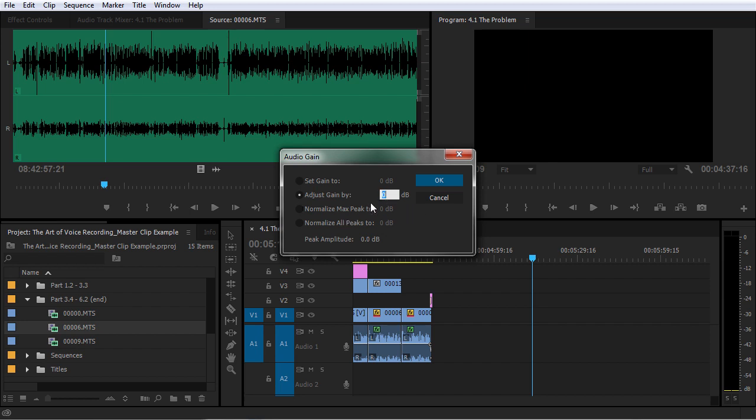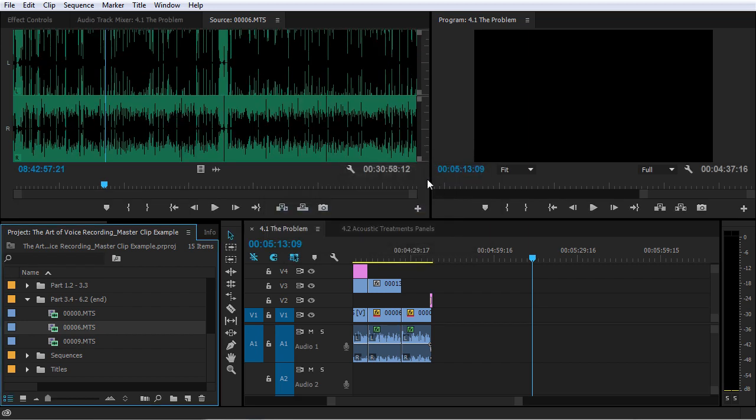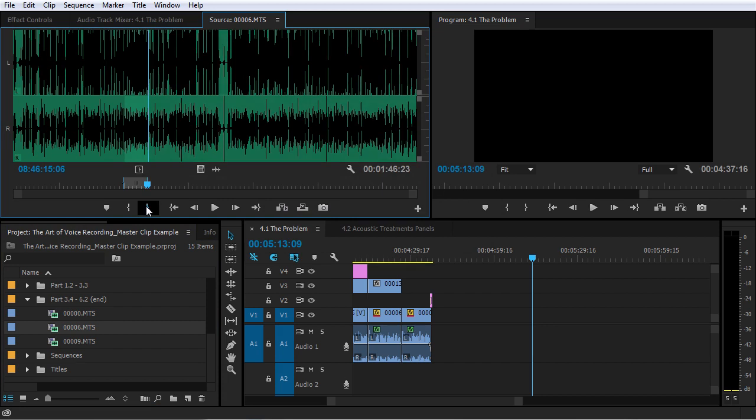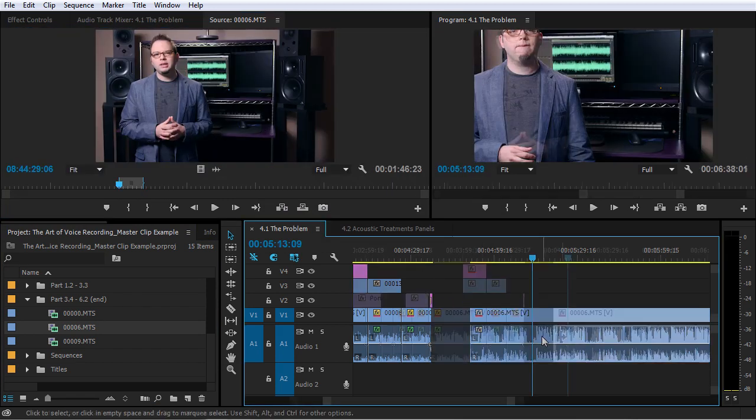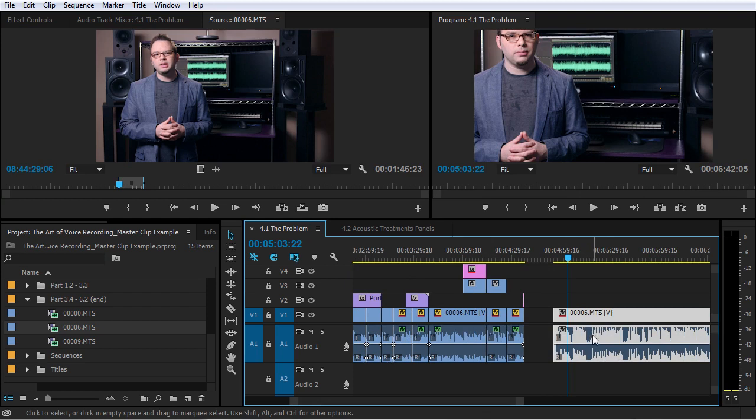So just for the sake of visualization, I'm going to jack up the gain here by 10 decibels. And you can see what that did right up here to the master clip. So I'll just select a little bit here, and then I'll pull this down here. If you take a look at the audio on this clip, you can see that the audio is much louder because these waveforms are much bigger than all the other instances of this same exact clip that were already in